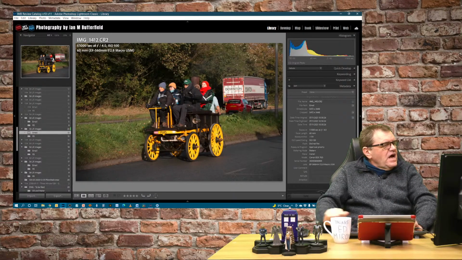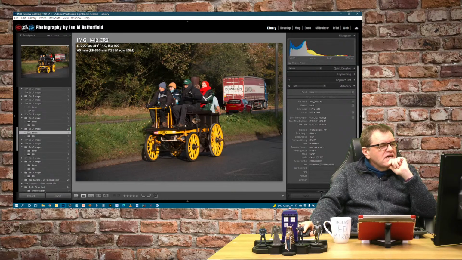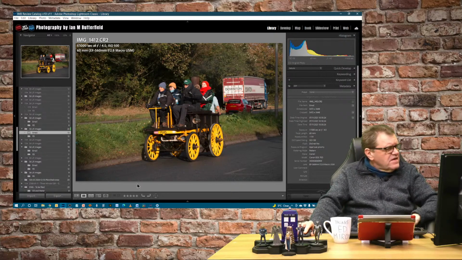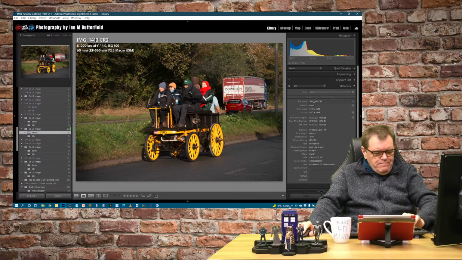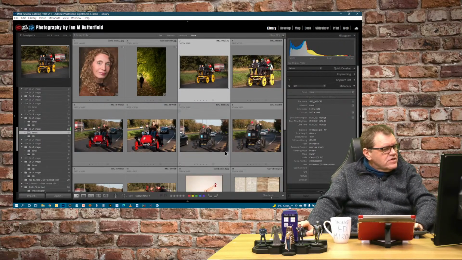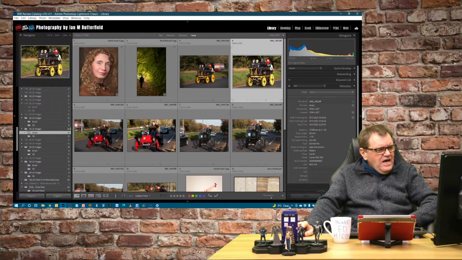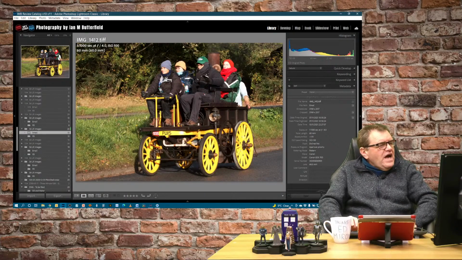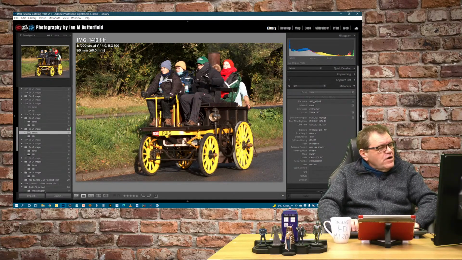So moving on. All right, we've got a whole series of images here from Bob, I believe, which is the London to Brighton Veteran Car Rally. Now, I'm just going to make sure I've got the images in the order I want. Yes, they are. Right, okay. I'm going to show you the edited version first. That was the one that was done in post-production.